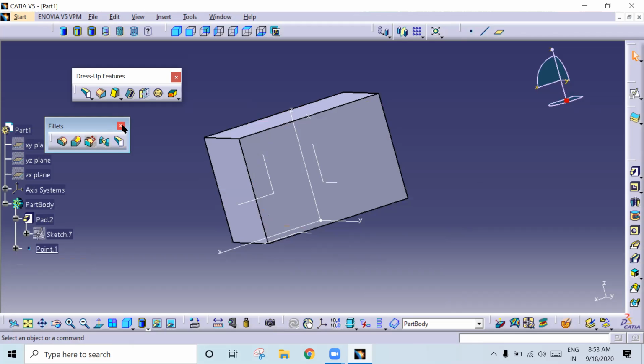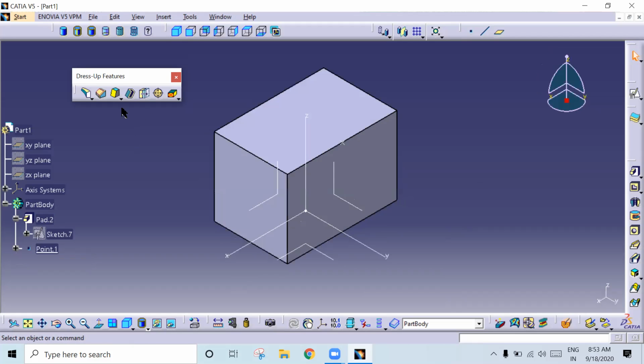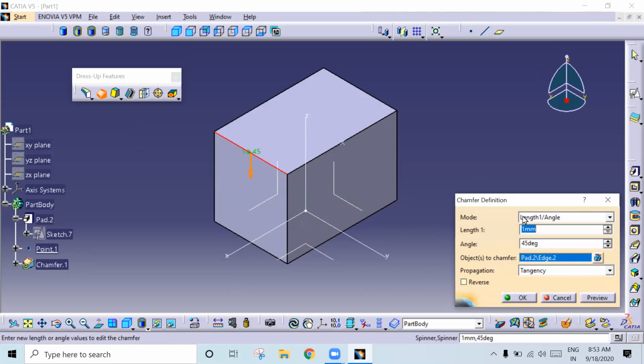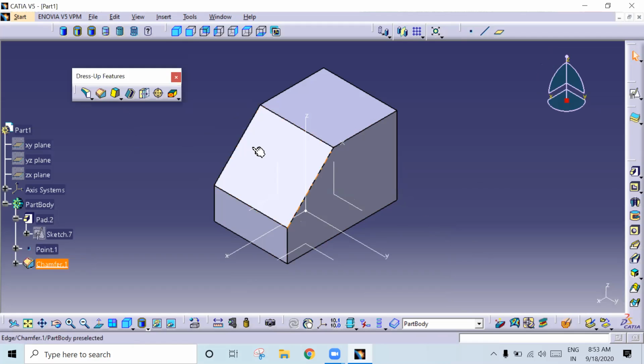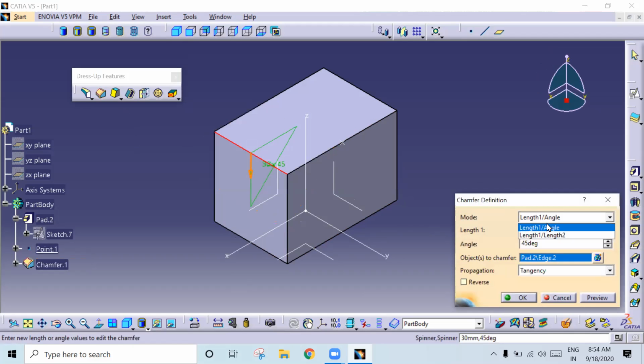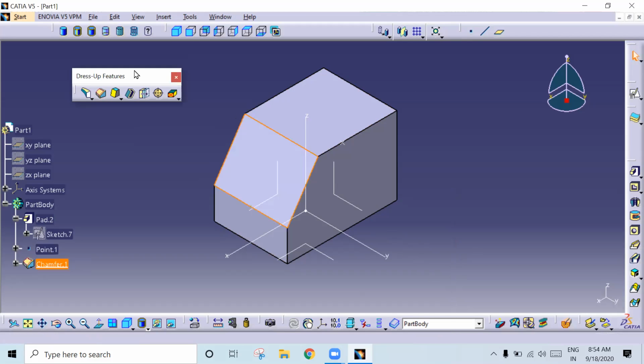So next we have chamfer here. So chamfer, select it, select the edge. See here you have two methods, length 1 and length 2. So if you give length and angle, so length I will give it as 30, and angle you can vary, and you can give chamfer like this. Okay. Suppose if you want to create length 1 and length 2, you give length 1 and length 2. So 20 length I will give. So you can check the preview view. See?